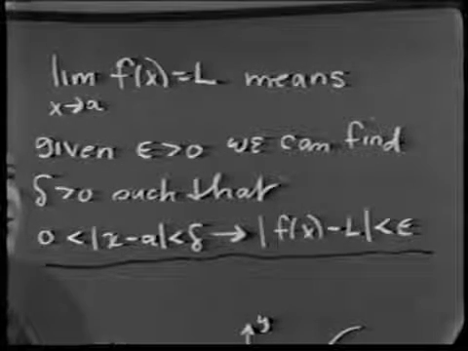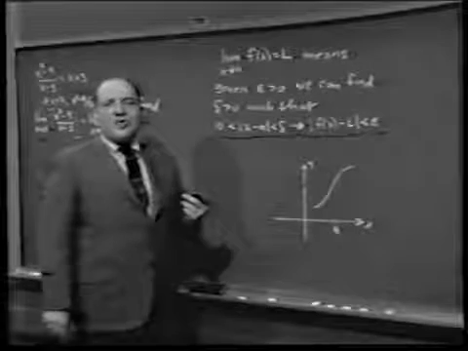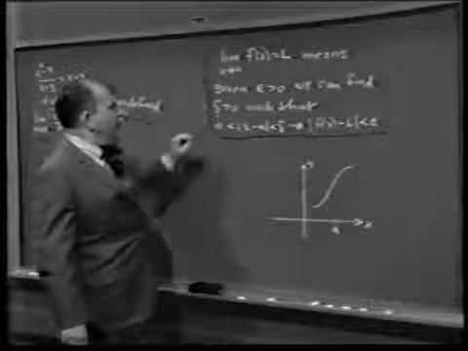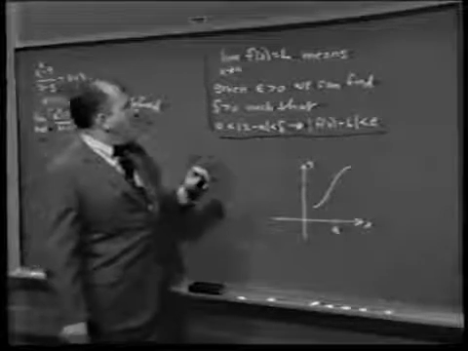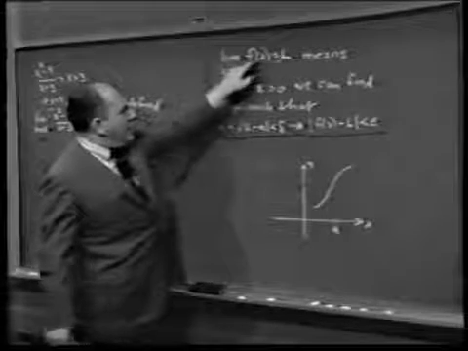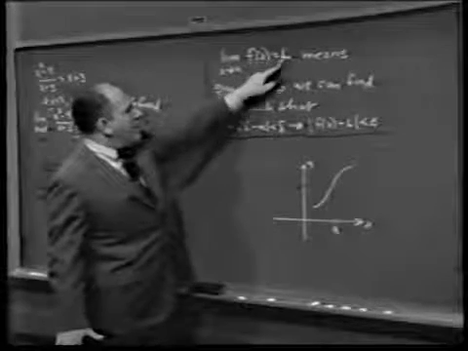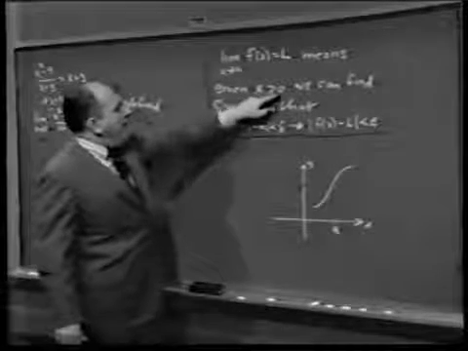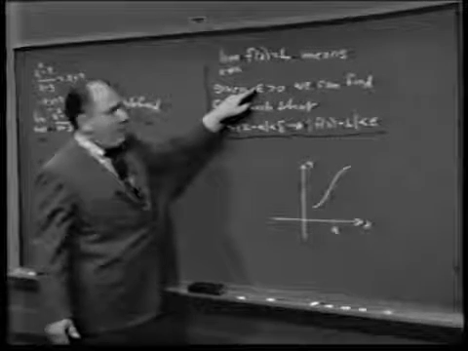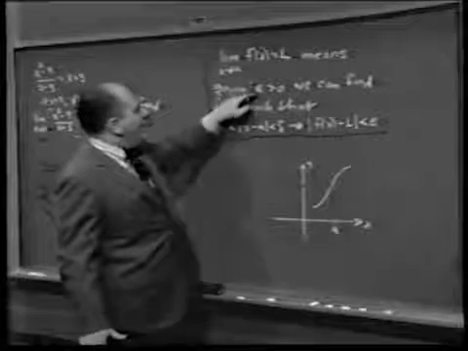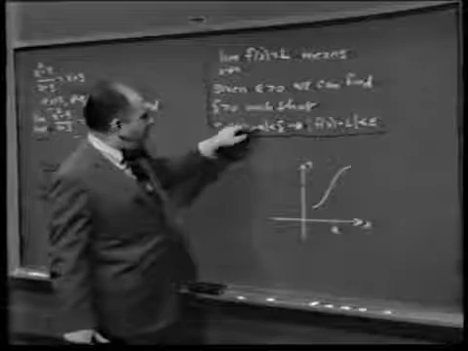See, this is the whole problem. I will now cut you in on the trade secret that makes this thing very, very readable. First of all, to say that you want f of x to be arbitrarily close to L, another way of saying that is what? You specify any tolerance limit whatsoever, which we call epsilon. And I can make f of x get to within epsilon of L just by choosing x sufficiently close to